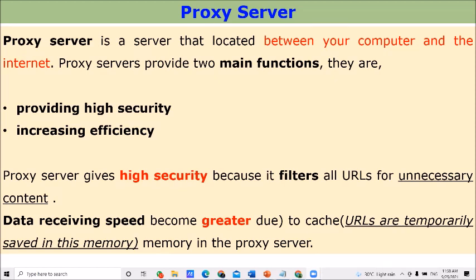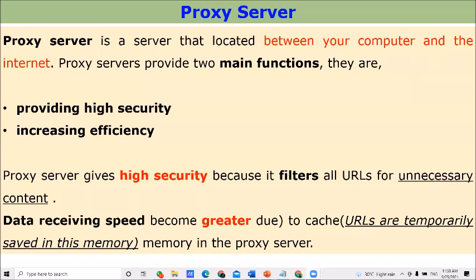You can improve your security because they have a filtering system, which is able to identify unnecessary content. Increasing efficiency means the speed of web surfing is increased because URLs are stored in a temporary memory called cache in the proxy server.